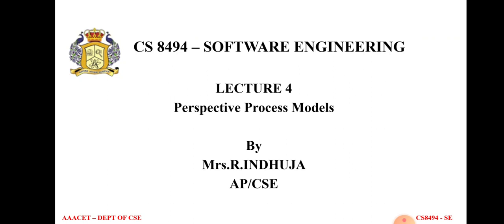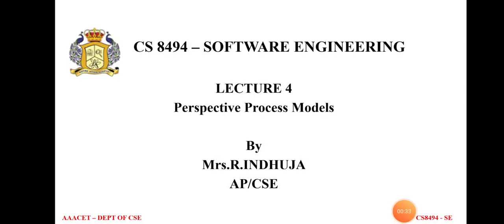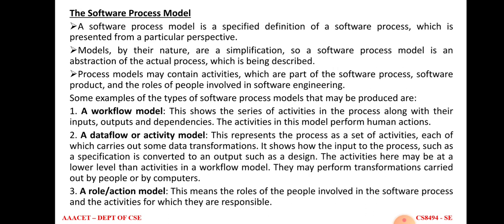In the last lecture video, we saw the waterfall model and the V model. So there are 6 models in total, and 3 remain. In this lecture, we are going to see the 3 models: the incremental model, the RAD model, rapid application development model, and the last one, the iterative model. We will see them one by one. The same definition of software process models applies.